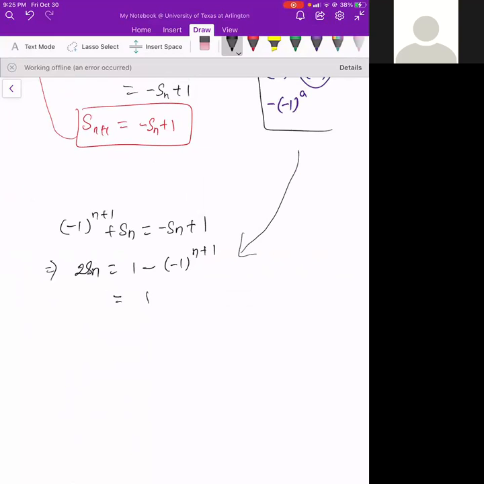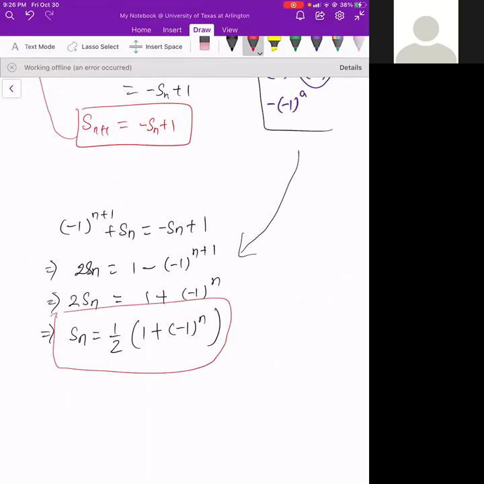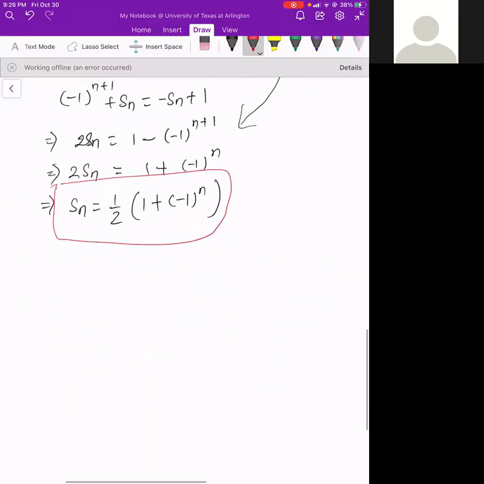All right, here goes the same rule that we used over here. This will make this out to be 1 plus minus 1 to the power n, 2Sn. And then which will say that Sn is 1/2 of 1 plus minus 1 to the power n. That doesn't look bad, right? That's all right. So we find somewhat of a closed form for our summation, and then we're gonna hold on to that,